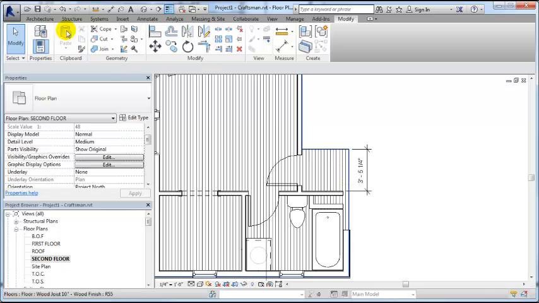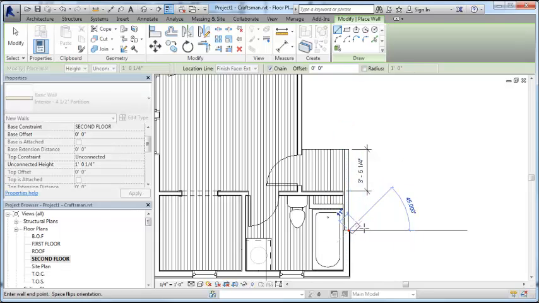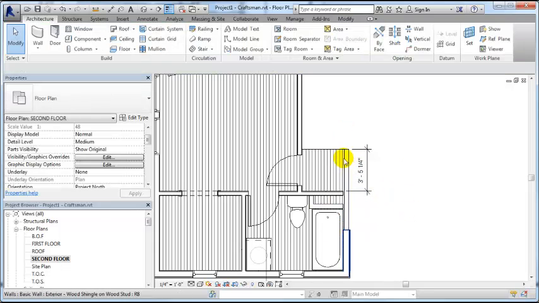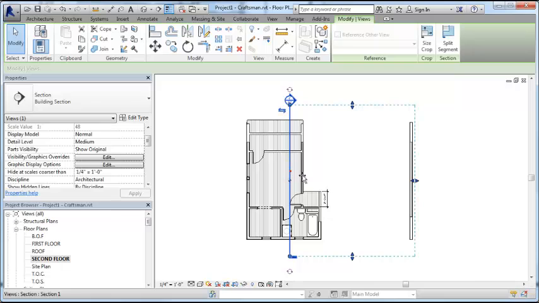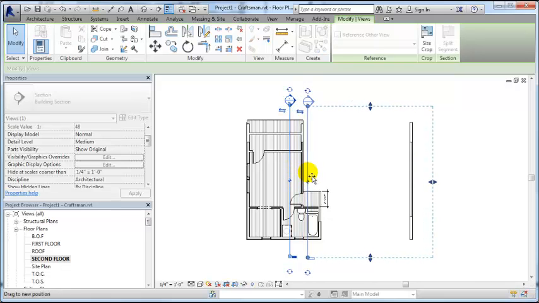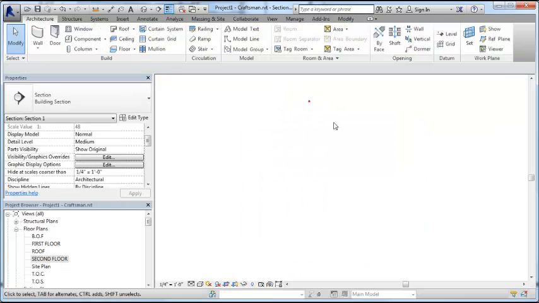Okay, so let's go back to our second floor, and we're going to see part of that wall there. That's okay. I'm going to grab architectural tool walls, and we're using a partition wall this time. And instead of wall center line, I want to go to finish face exterior and go in a clockwise direction towards this wall. And I think I'm probably going to have to look at that in profile. So I'm going to flip this section, flipping that section and moving it just where I need it, which is right about here. I think I'm going to be able to see that wall beyond in my section, and I